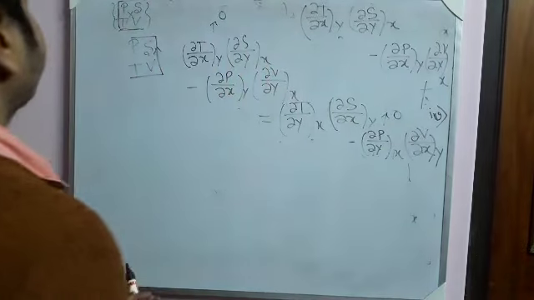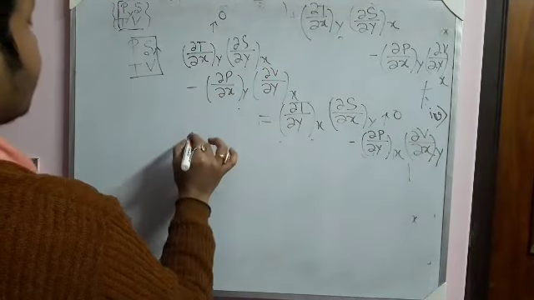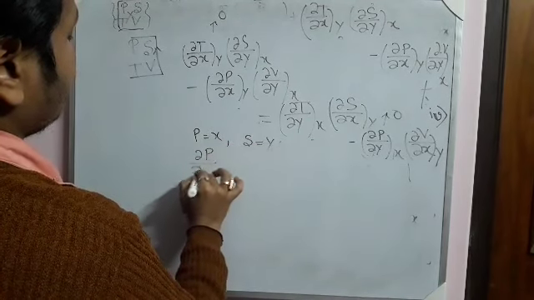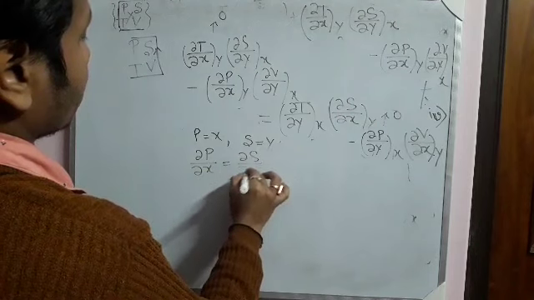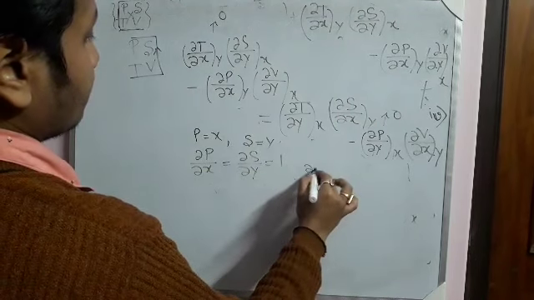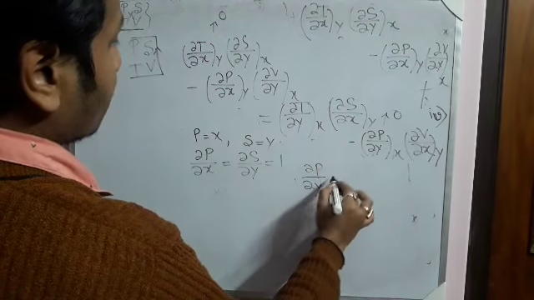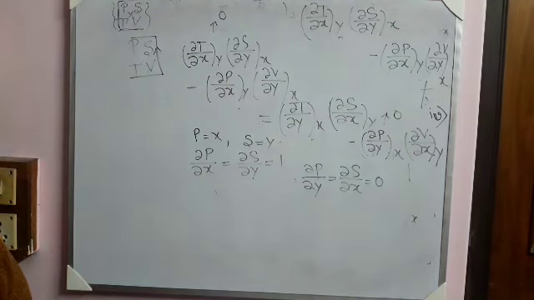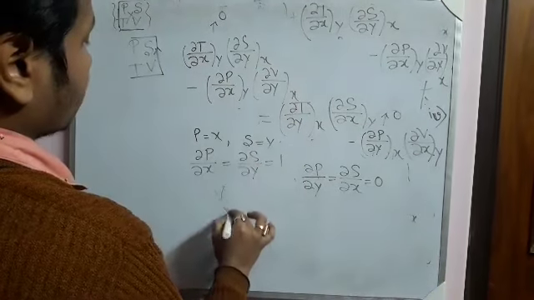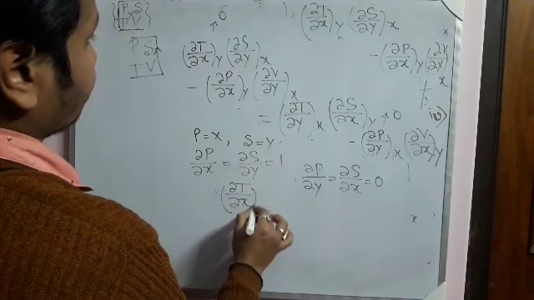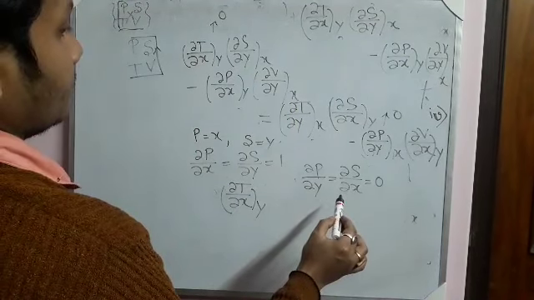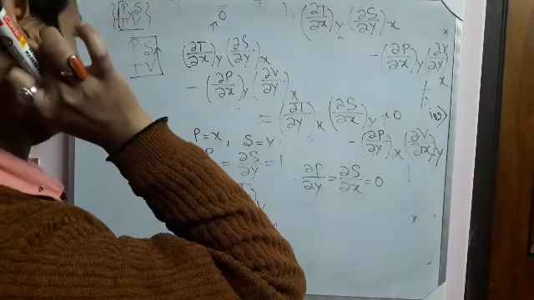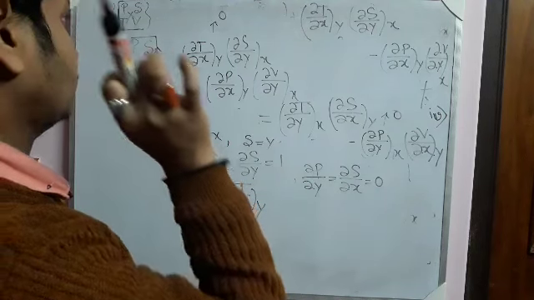Now take this pair P and S, that is P equal to X and S equal to Y. So what happened? Del P del X equal to del S del Y equal to 1, and del P del Y is equal to del S del X, which equals 0. So del S del Y is 1 means this term is 1, that is del T del X at constant Y, and this term